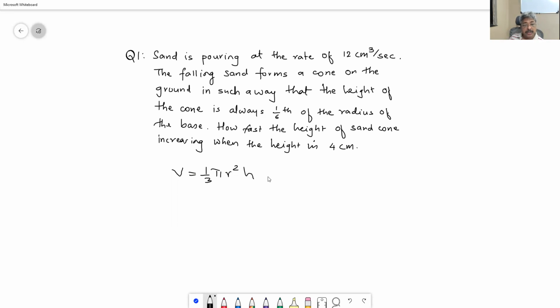Therefore, now r is equal to 6h. They have given some relationship. Therefore, volume is equal to one third pi (6h) whole square into h, which is equal to 12 pi h cube. Okay. So change in volume per second dV by dt